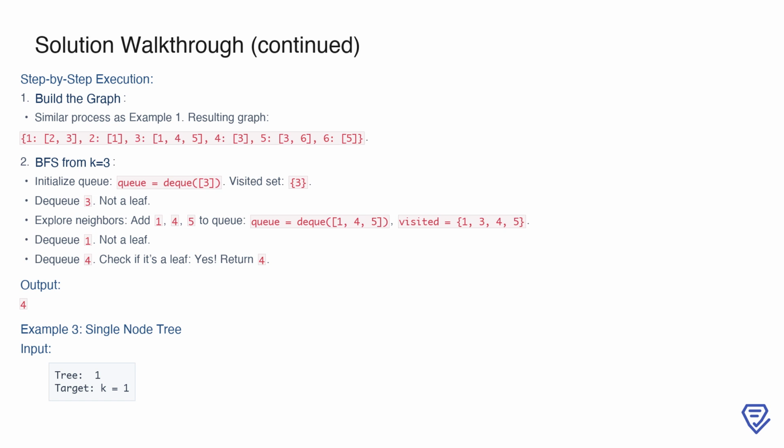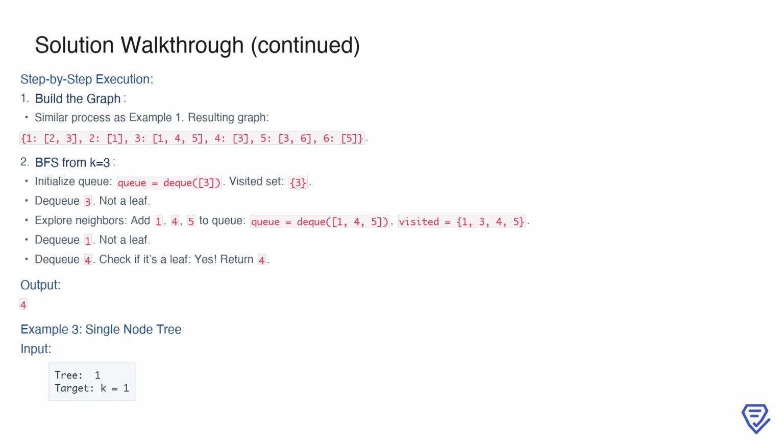Starting at the root node, we create edges between nodes 1 and 2, and nodes 1 and 3. Moving to node 3, we add edges for its children, nodes 4 and 5. Node 5 has its own child, node 6, so we add edges between nodes 5 and 6. The final graph representation is 1, 2, 3, 2, 1, 3, 1, 4, 5, 4, 3, 5, 3, 6, 6,